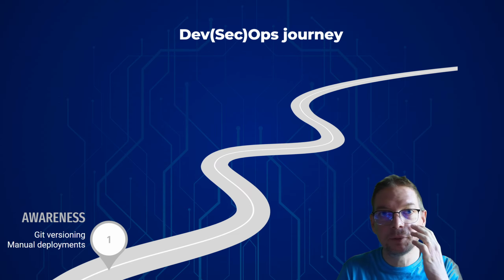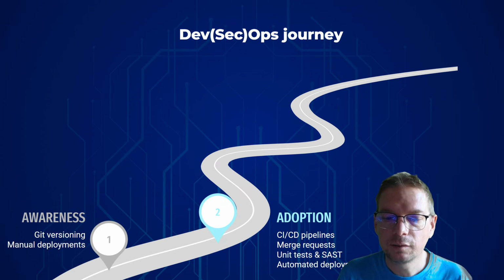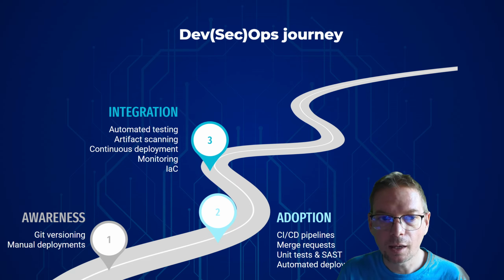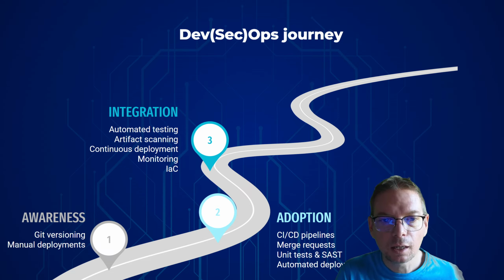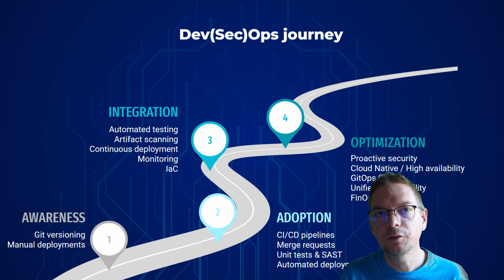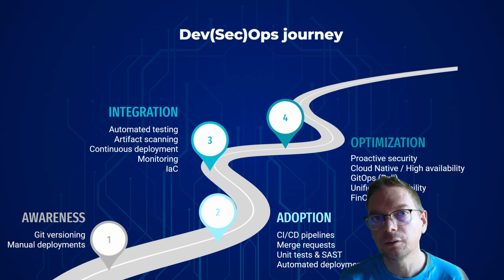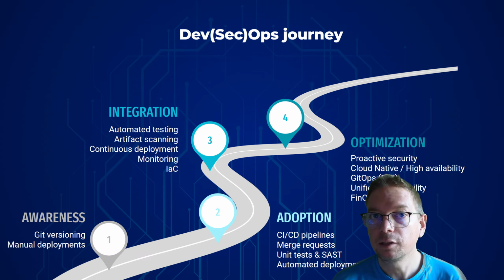You may be at the first steps, which is just to version what you do. Then you can start building CI/CD pipelines, start automating, start industrializing, and then you can get better at it. So doing automated testing, doing scanning, and then going ever further with optimization. And for me, GitOps is really in this part. It means that you are already good with CI/CD, with infrastructure management, with ideally cloud native, Kubernetes, and with security. So it's not something that can be started right away.